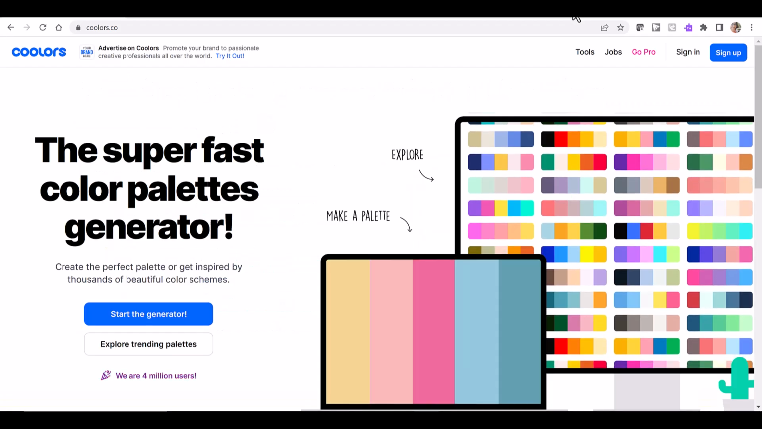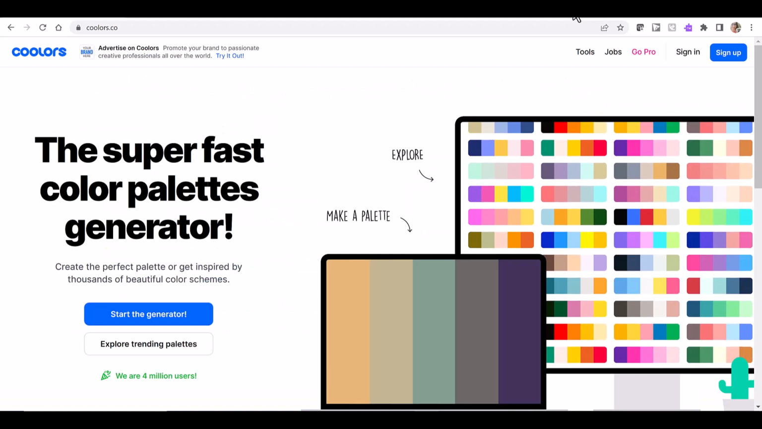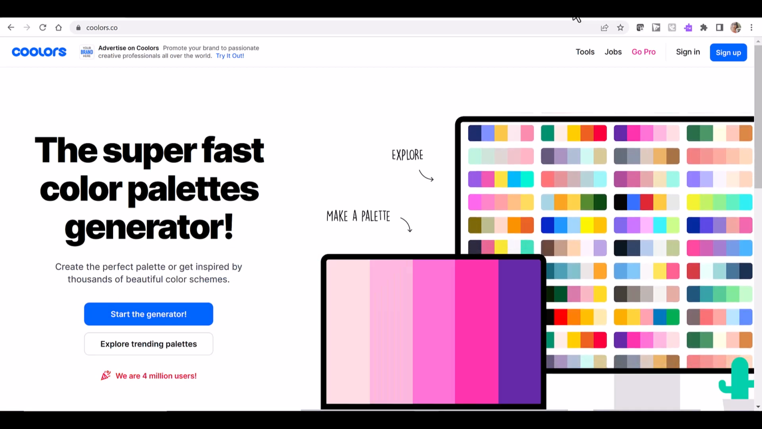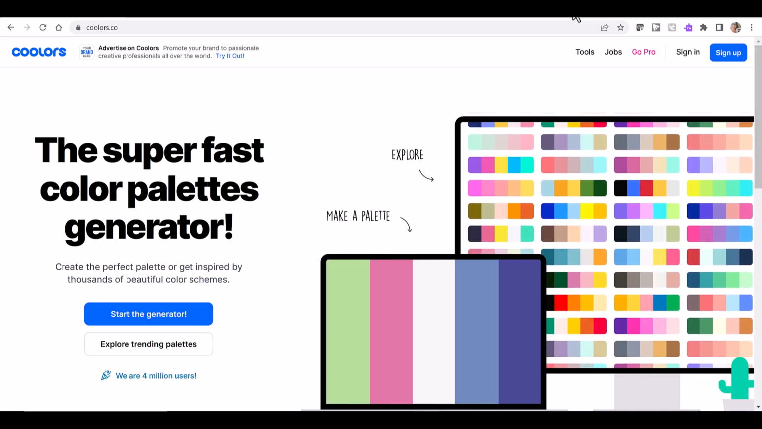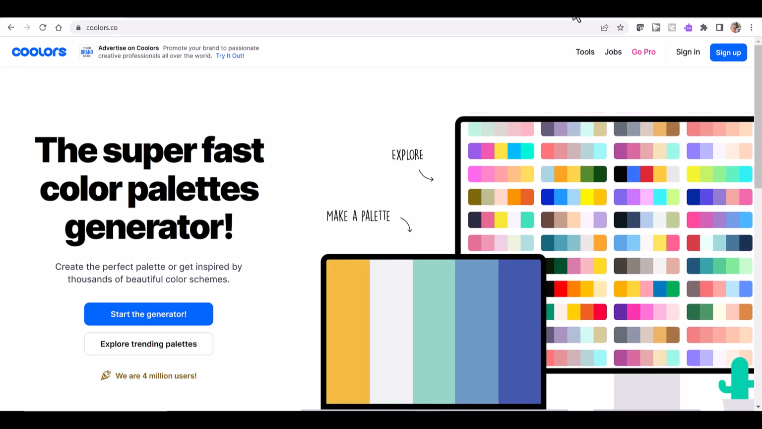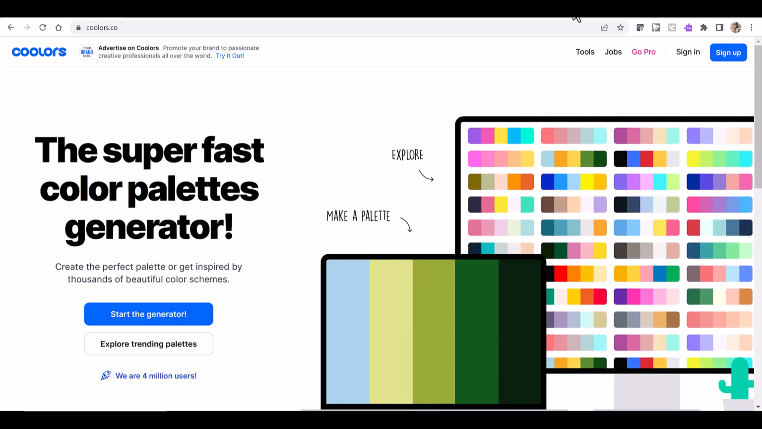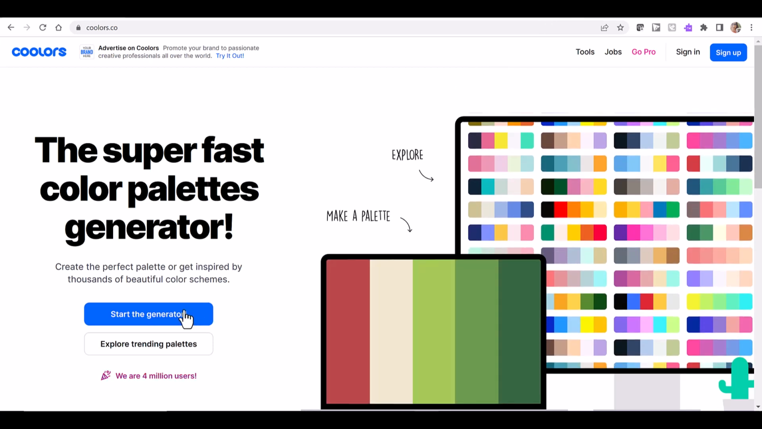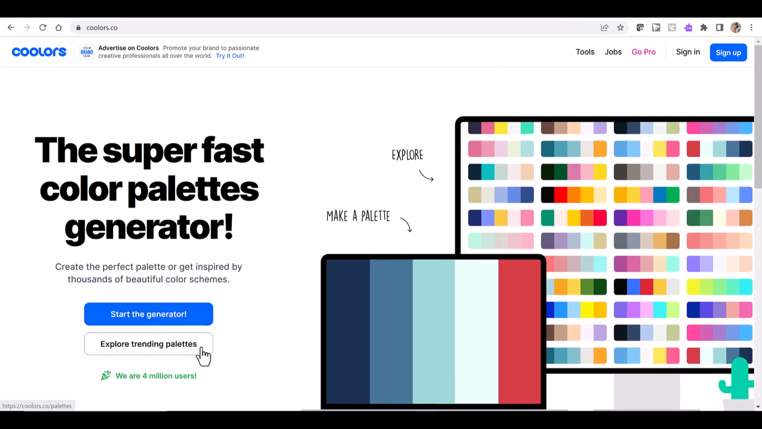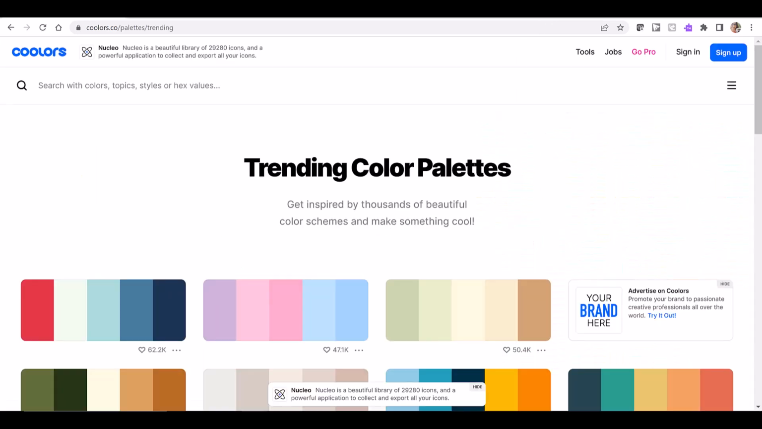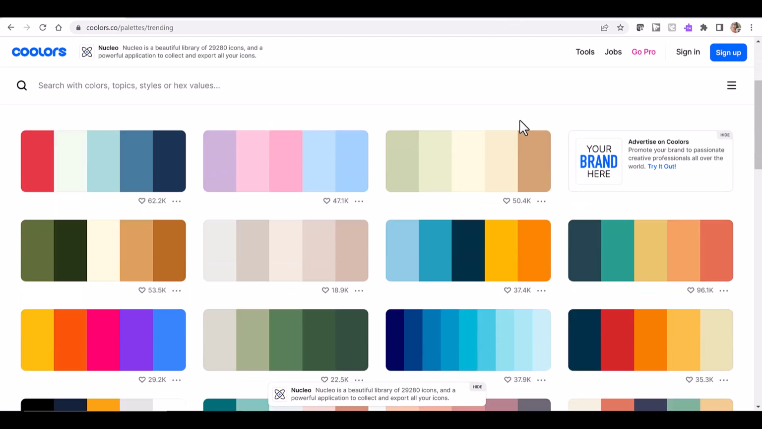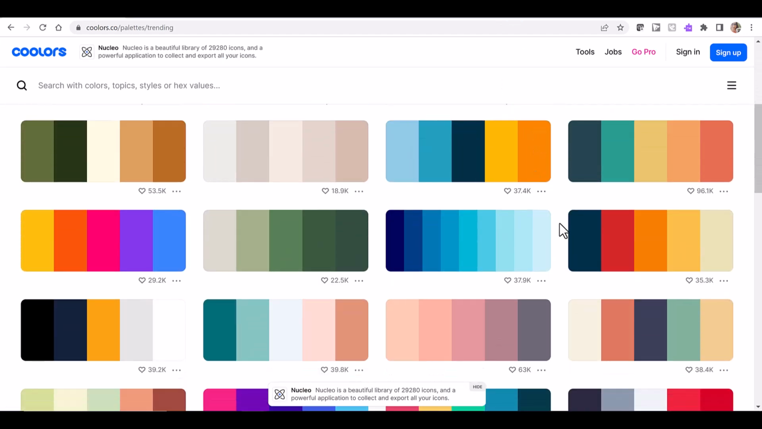So this is Coolors. This is a color scheme generator, and if you're anything like me, you can be decent at design, but not necessarily at matching colors or coordinating colors that go well together. So you can start a generator and it will give you a random palette, or you can explore some of the trending color palettes that they have, and I always like to do that so that I have more options. And this just gives you a variety of color palettes. You can choose one,